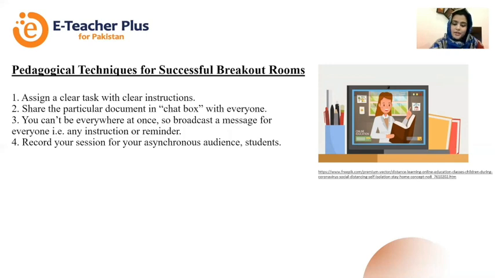So share a particular document in the chat box with everyone. Plethora of options are already available, like beforehand we share a particular document of a particular activity with them through our social media platforms, like WhatsApp. We all do that. But I believe that at the right moment of a certain activity or in a certain class,